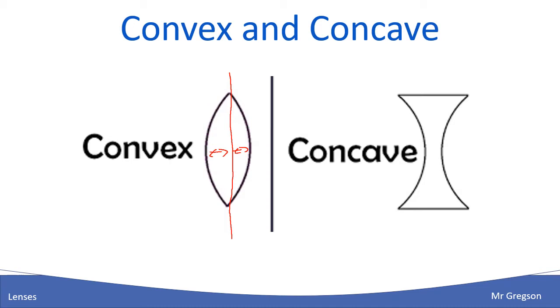Where people get a little bit confused is you can actually have a convex lens that looks like so. Now I'm going to exaggerate this massively to make it obvious. Okay, you can actually have a convex lens that does so. A good example of that is reading glasses. Now reading glasses are all determined by light coming in parallel, and if you don't need glasses, the lens in your eye